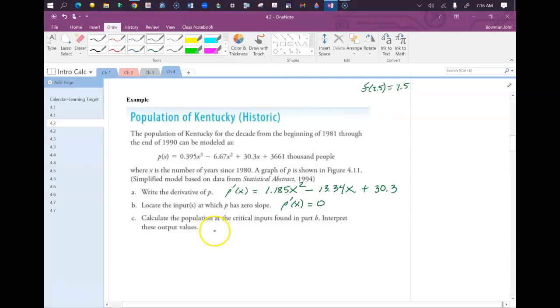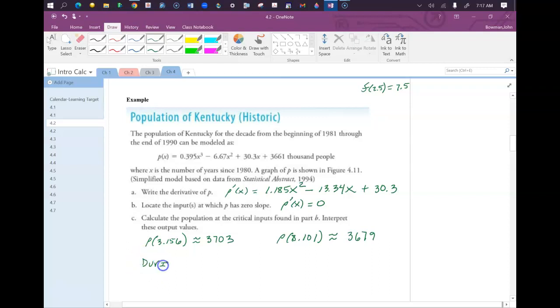So p of 3.156, and you can verify this on your own, is approximately equal to 3,703, and p of 8.101 is approximately equal to 3,679. Now we want to interpret those. So for the first one,